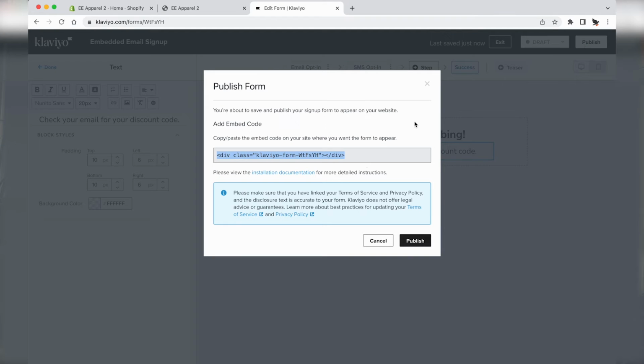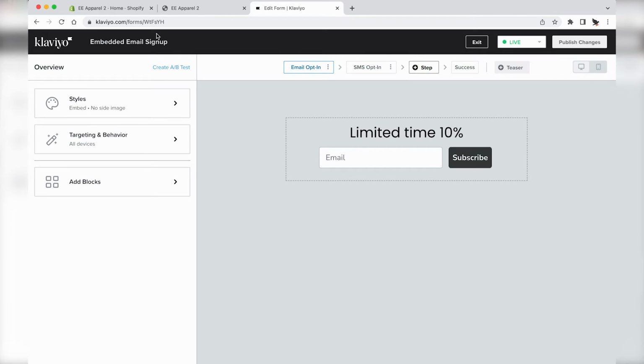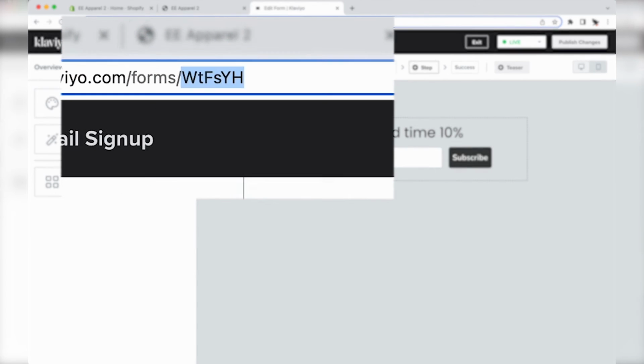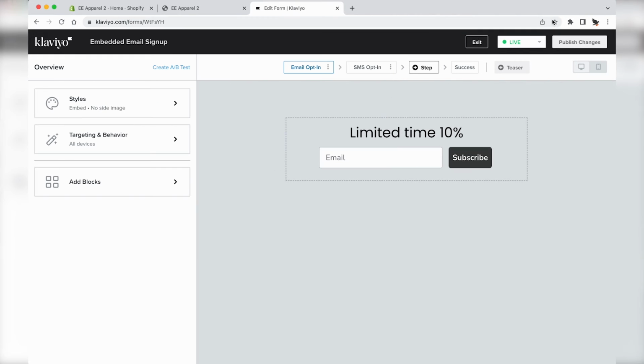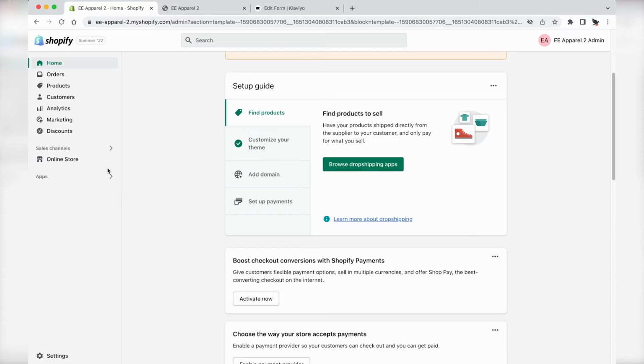First, publish the form with the Publish button in the top right corner. This will give you a code in a little pop-up, but you don't need it at all. You just need to copy the 6-digit code, which is also in the URL when editing the form. Click Publish again. Now within Shopify,